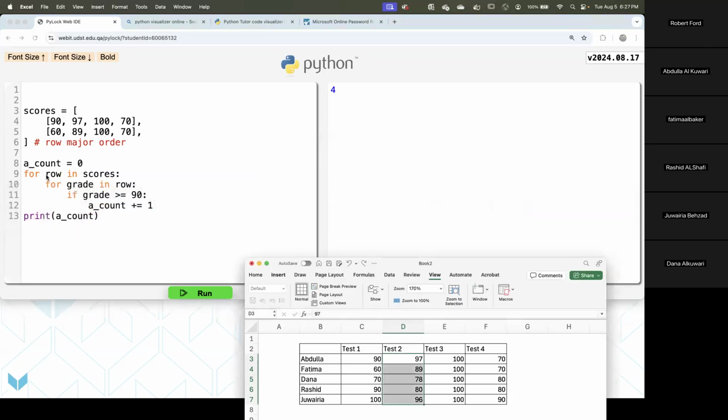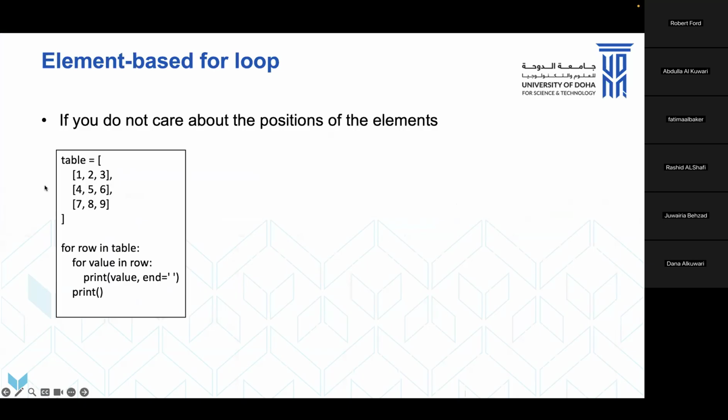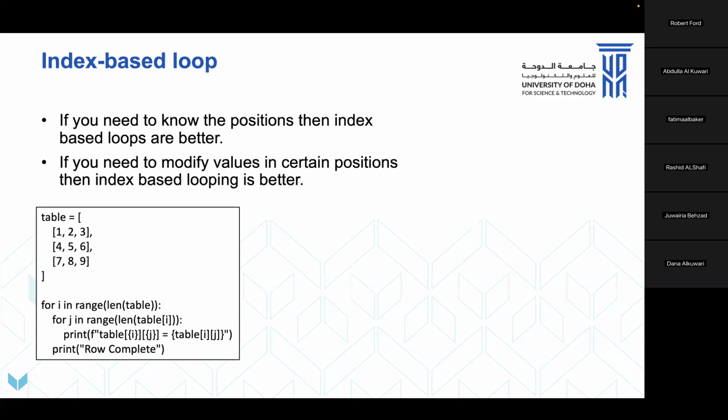All right, next one up over to here. So that's an element-based thing. That's going through and printing everything. Index-based loops, okay, they're a little bit different. I'm not even sure if I want to bother writing this one because, I'll be honest, I don't use it that often. But see what the person has done here is they've got this two-dimensional list, this nested list, and